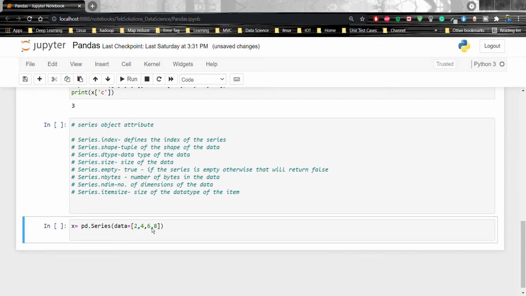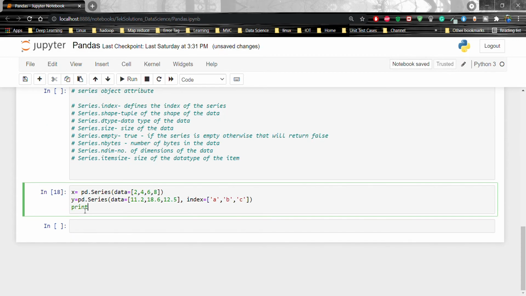Okay, y equal to pd dot Series with data equal to 11.2, 18.6, 28, 12.5, and index will be a, b, c.